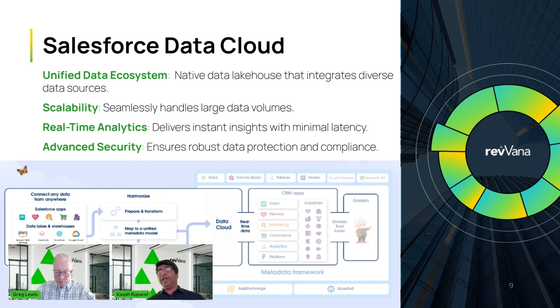So this is going to be the platform where you could do all sorts of data preparation and manipulation before you train your models, as well as the native models that they are going to support, or bring your own models. Amazing platform for feeding data for real-time analytics. And the biggest thing is it's all secure. So we are very excited about leveraging Salesforce Data Cloud.